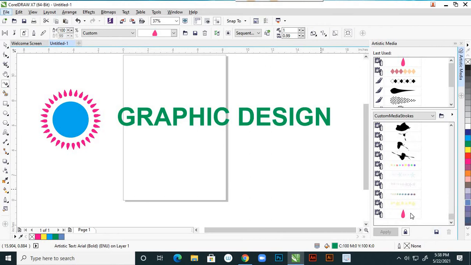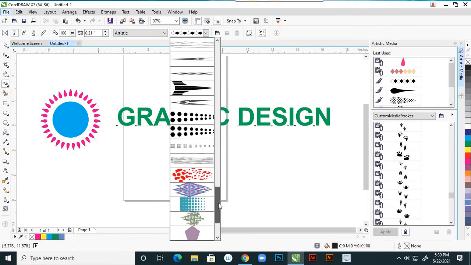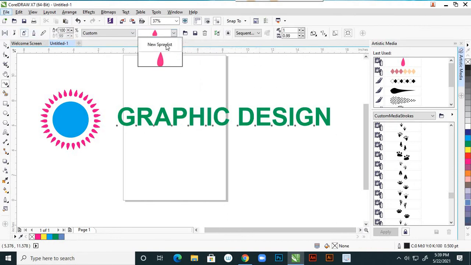So where is this? This is gone. Just a minute. I want to check whether I created it in a sprayer or in a brush. Yes, in sprayer only I created, new sprayer. It is gone.